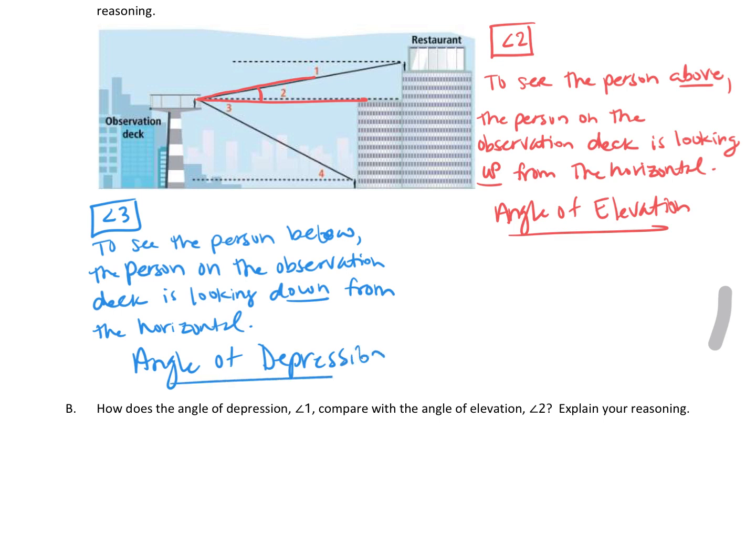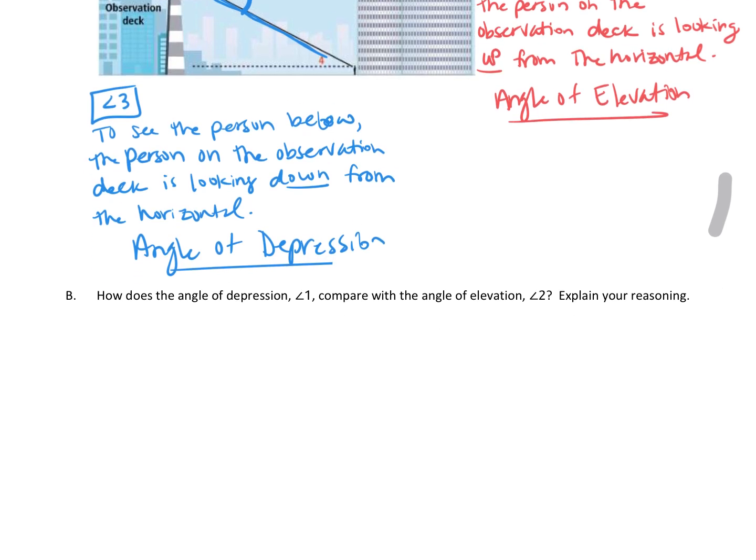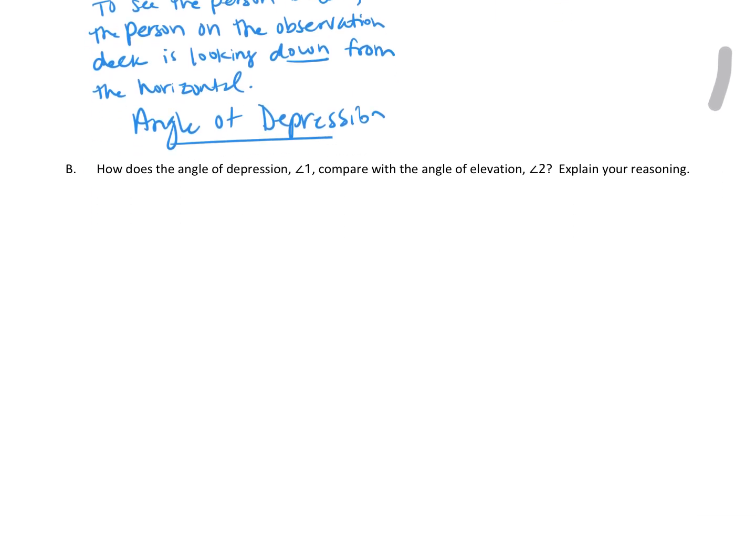And again, if we look at the picture, here's the person on the observation deck. Here's the horizontal line. They're looking down. So the angle formed by a horizontal line and a line below it is an angle of depression. It depresses down. All right, so part B, how does the angle of depression, angle 1, compare with the angle of elevation, angle 2? So if we look at the picture,